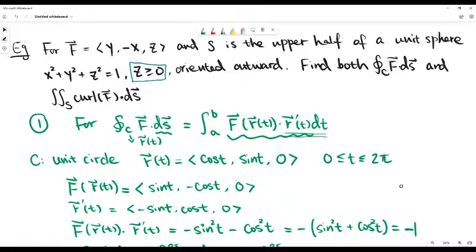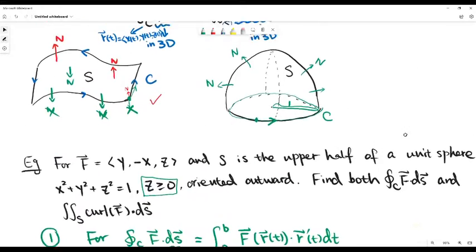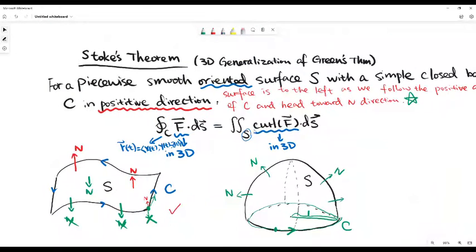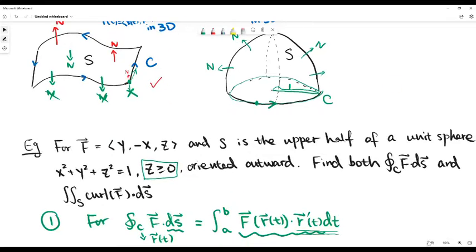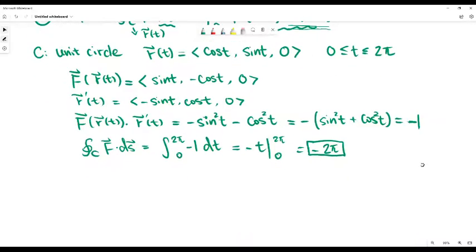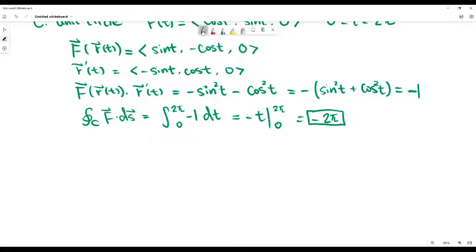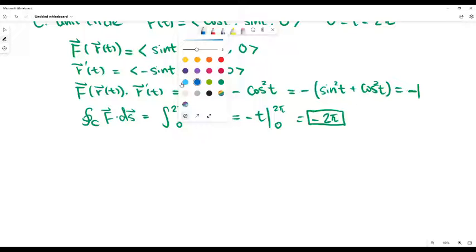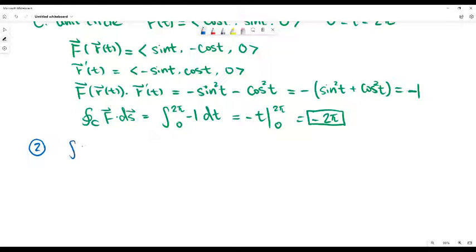Now, for Stokes' theorem, this vector line integral should be equal to the surface integral of the curl of the vector field, right? So now let's compute the second one to see how complicated or maybe easier that one is. Let me change a color. We're going to find the flux of the curl of this vector field across my surface S,